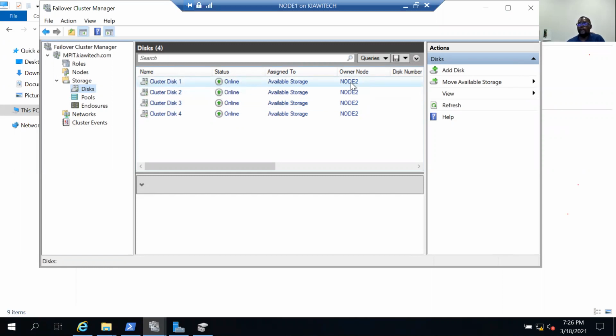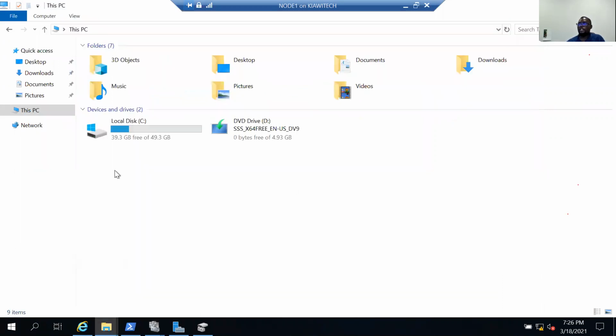So now you fail over. This is manual, right? You can move this storage from one node to another. Now, if I check again here on node 1, you see that the storage that was here is gone. It's shared storage, so it's no longer here. But if I was to go to node 2,